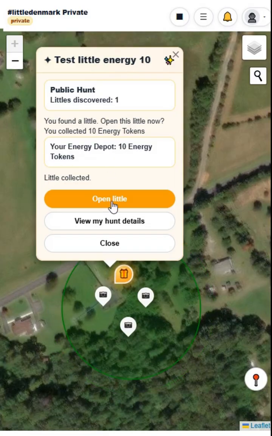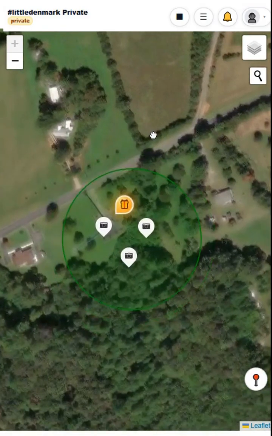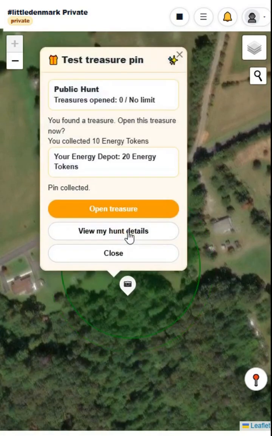That is just a pin, and it can be an image, it can be figures, it can be storytelling. But you find it, you collect energy, and then you can move on and look at the next one. And here it found another one that looks a little bit different. This is a treasure. And it's in a public treasure hunt, and there's no limit on how many treasures you can find. So this could have been a treasure that somebody, a kind person, had just saved out in a forest